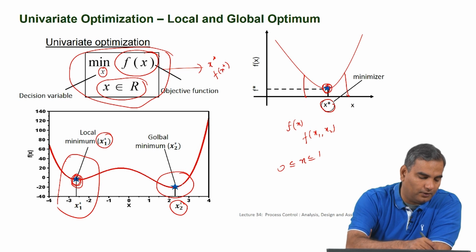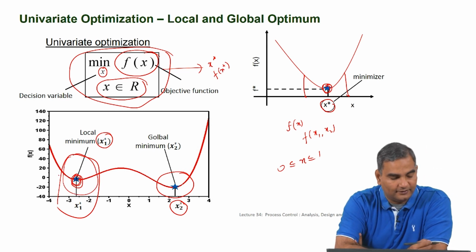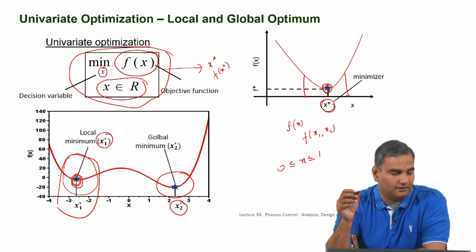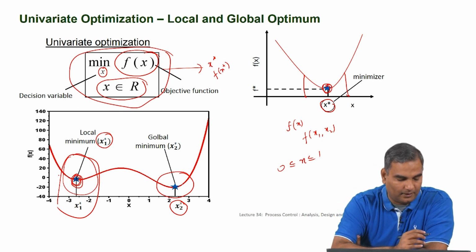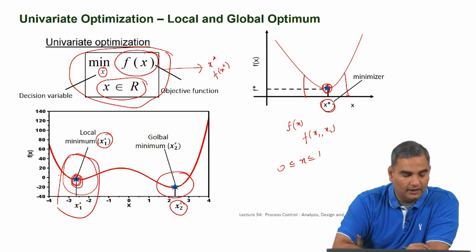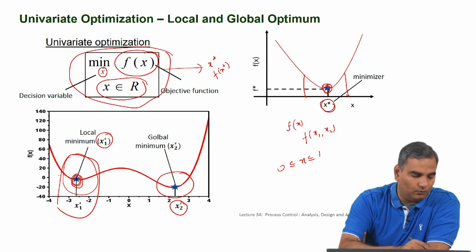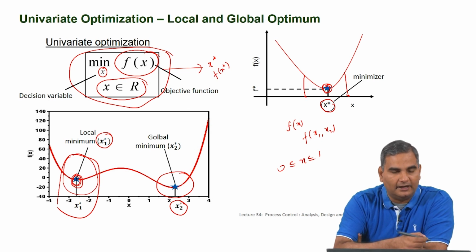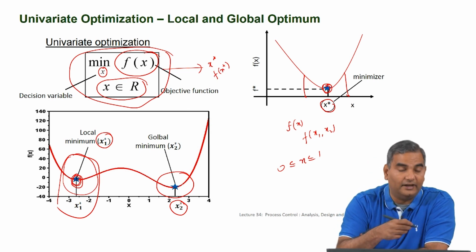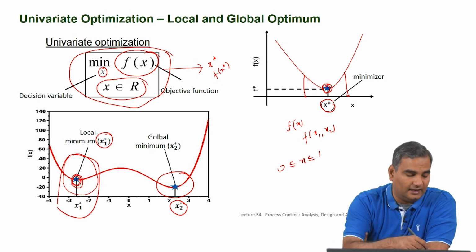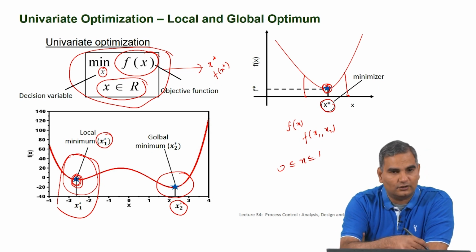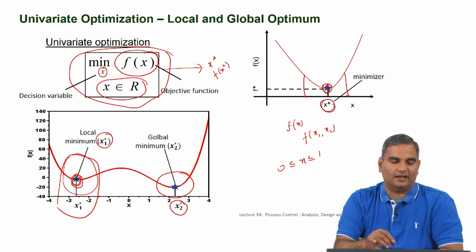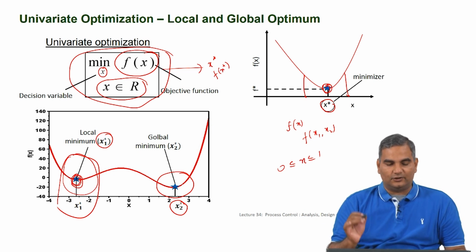If I had only this point, I cannot claim it is either a local minimum or a global minimum, unless a priori I have proved something, which is again not at the level of this course. The key point is, once I identify this point, I cannot say it is a local or global minimum unless I enumerate everything else and find the function values, and see that this is the absolute lowest value, then it is a global minimum. If it is not the absolute lowest value, then it is a local minimum. So, this is another consideration to keep in mind.